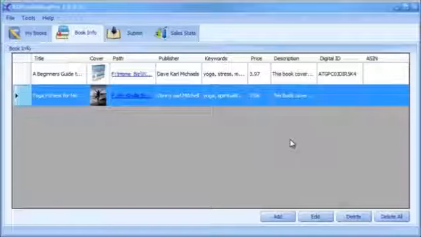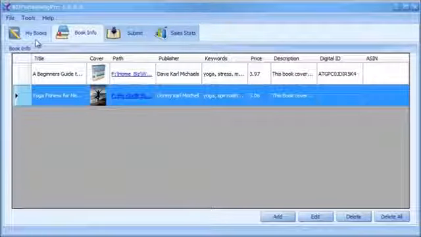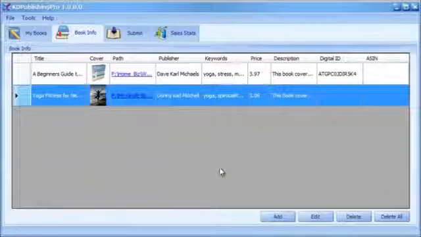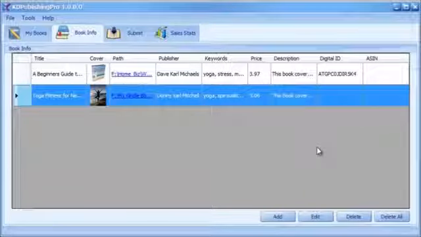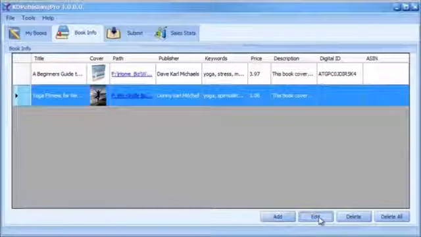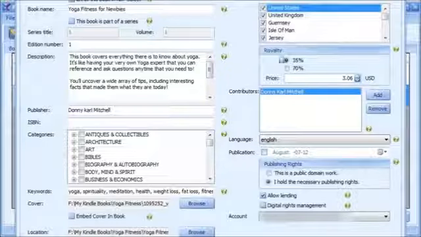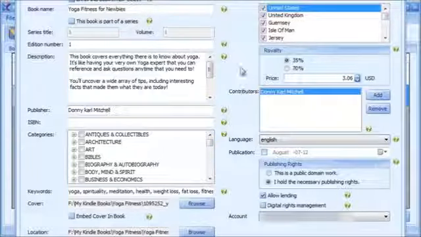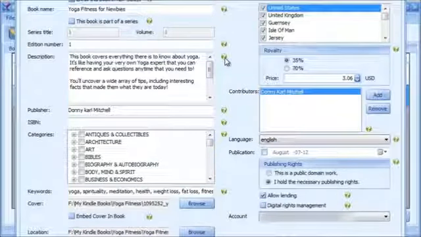So it's very powerful. So once you've actually completed creating your book in the My Book section, come over to the Book Info section here, and what you want to do is add your book details. And it's actually very simple. All you need to do is click the Add button and fill in all your information here. All you have to do is just follow the instructions. We even have these little help bubbles that come up here.